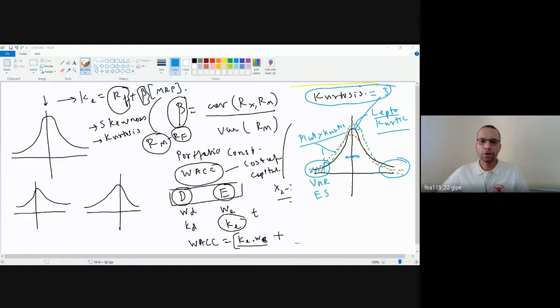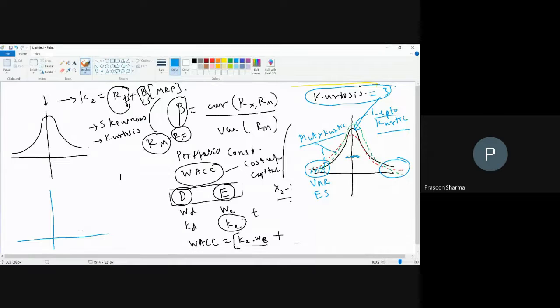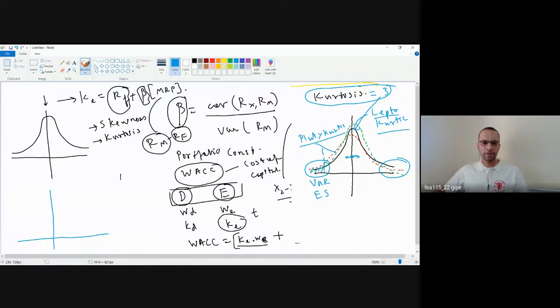So there's also something which we call a log normal distribution. How different is a log normal from this normal distribution which we have drawn? Imagine this is my normal distribution. What could be the difference between this and a log normal one? No negative inputs. Correct. So a log normal is something which will be floored at 0. If I call this the normal, this is the log normal.